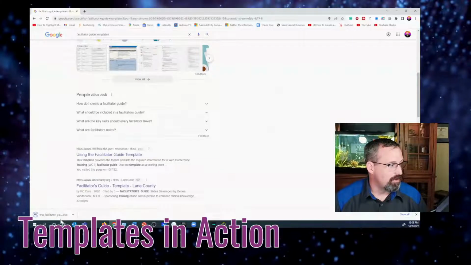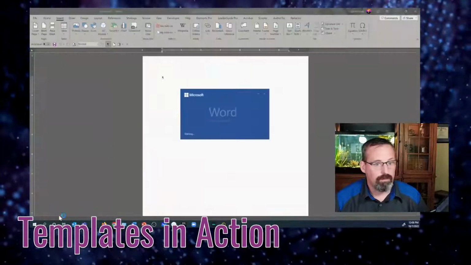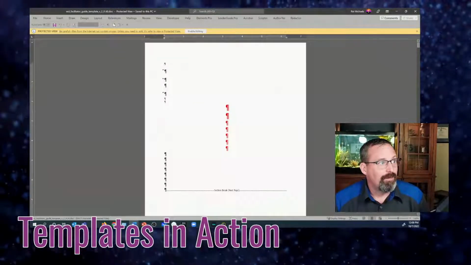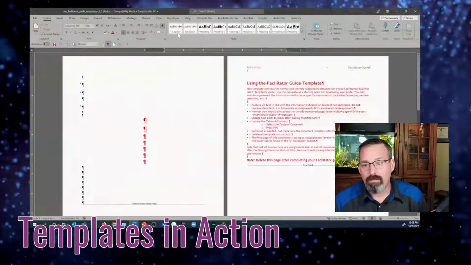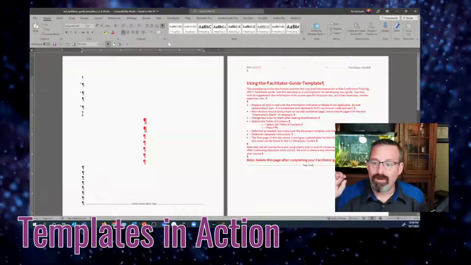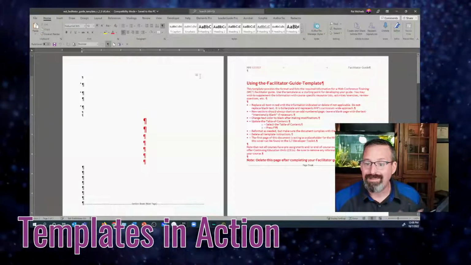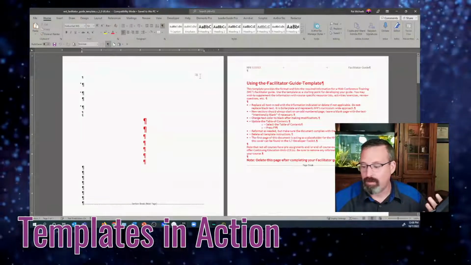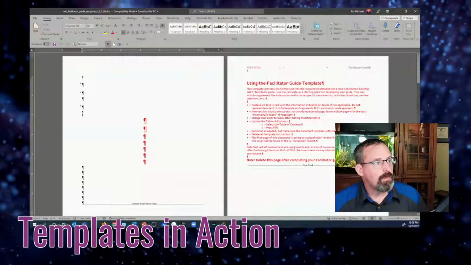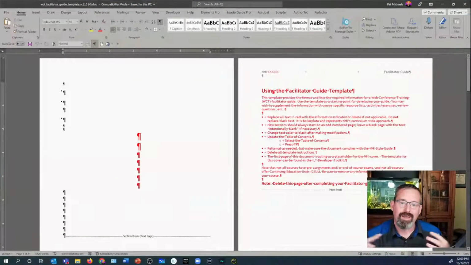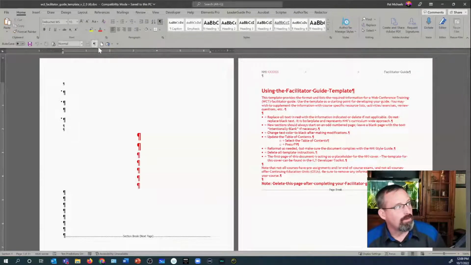It is actually just opening up a Word document at the bottom. One of the nice things about the internet is we can find stuff out here, and I love that the government always puts everything up on the internet. Here is a template that someone has set up within, I think, the Department of Transportation. My guess is that a lot of the time we've got this kind of layout in facilitator guides or in your templates, that there are multiple pages. So if I look at this,